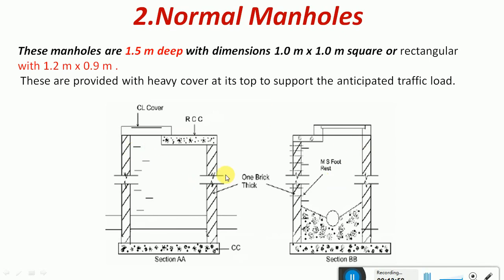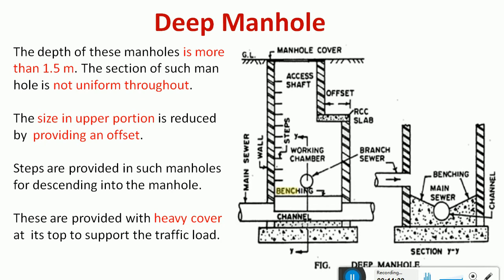This is similar to the shallow manhole, as you can see, but the only difference is that the depth is quite more. It may be one brick thick if it is a masonry one, or a cement concrete type. Nowadays we also have precast manholes, which can be used at sites because masonry construction sometimes takes time. For designated depths we can construct precast manholes. And now this is called a deep manhole.